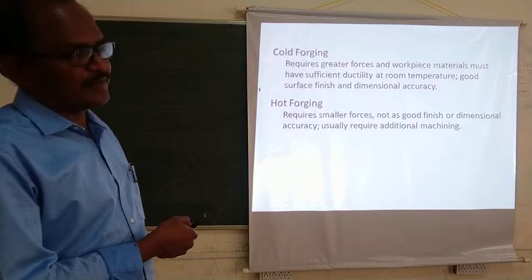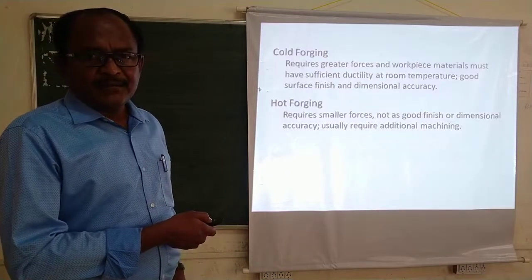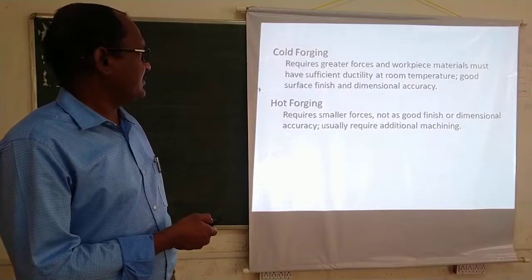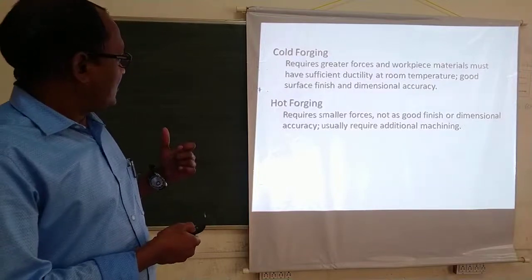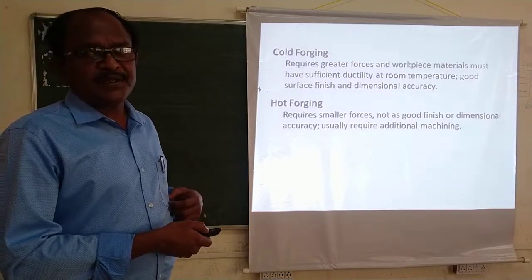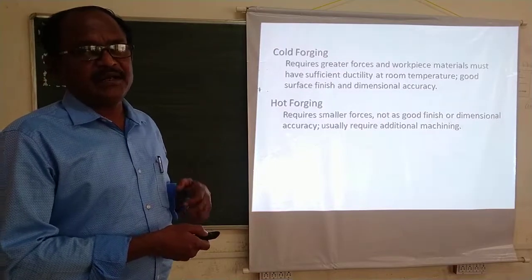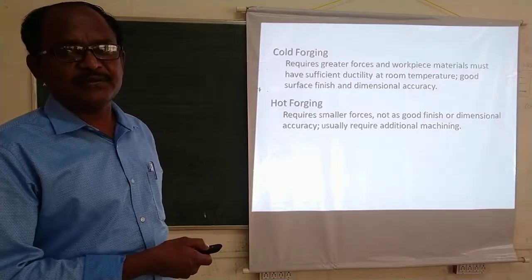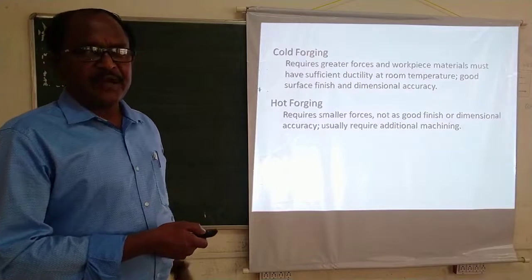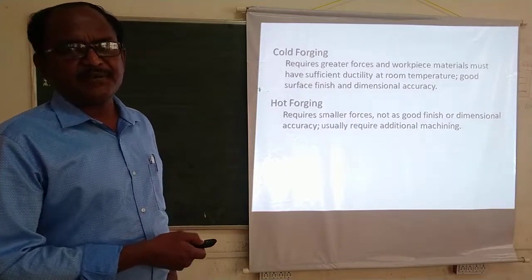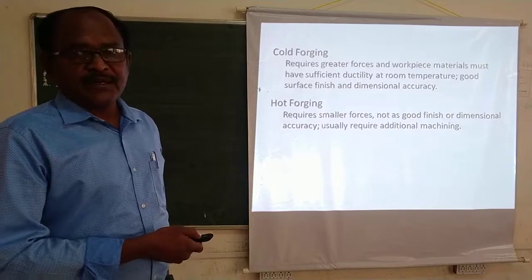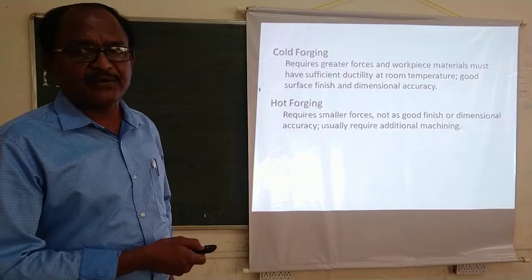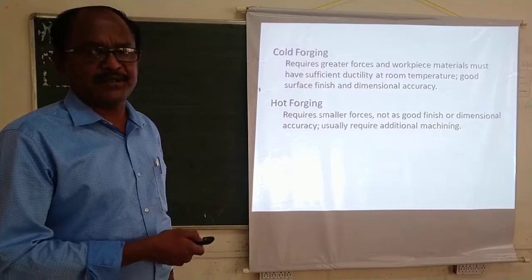Cold forging requires greater force. Why is greater force required? Because it is a cold workpiece. It requires more. And for cold forging and hot forging, the material property called ductility or malleability must be possessed by that particular metal. Otherwise, if it is a brittle metal, you are not able to carry out the forging operation, because when you hammer the brittle material, it fractures or breaks into a number of pieces. So you are not able to carry out forging on brittle materials; rather you are able to carry out forging on malleable or ductile materials.